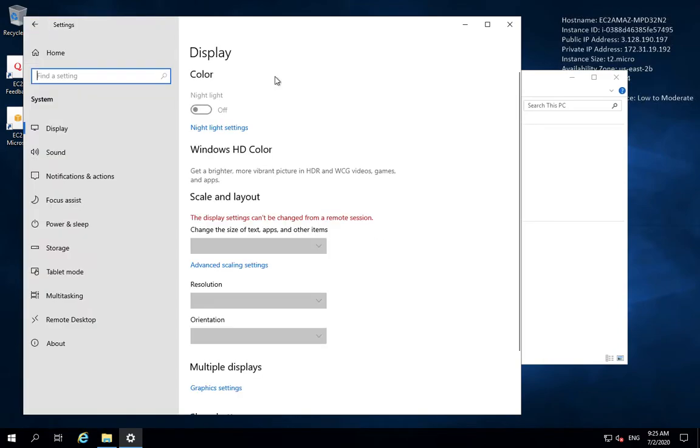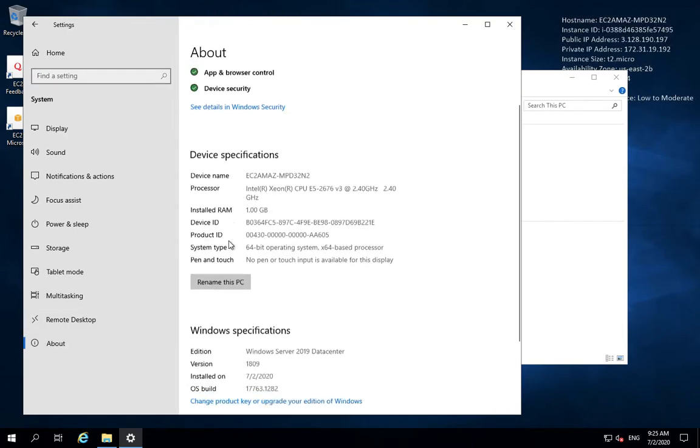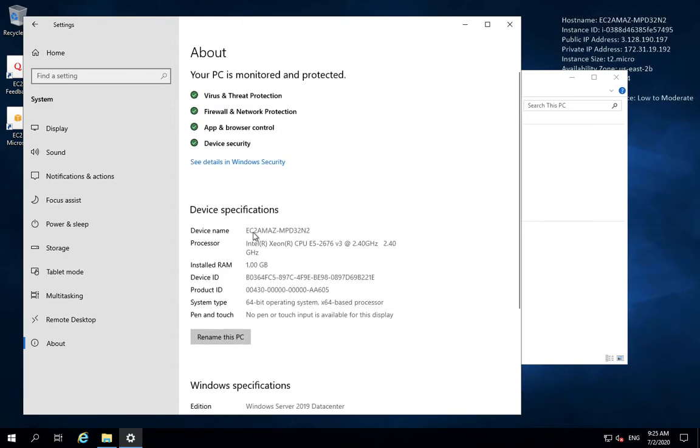Okay, so let's explore this. I'll go to About, and I can see I have a system with a device name, Intel processor, installed RAM of 1 GB, 64-bit, no pen or touch, nothing there.